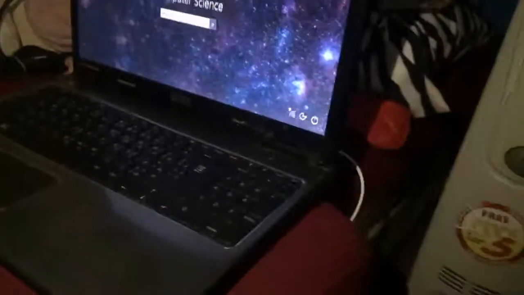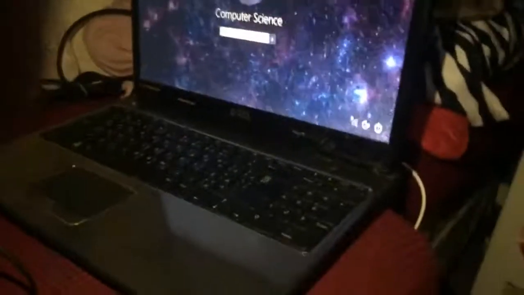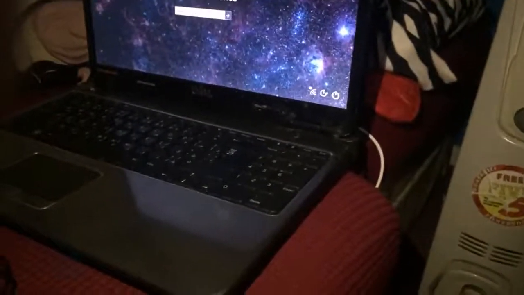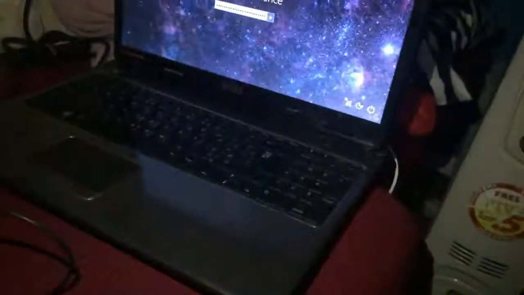34%. Okay, I'm literally gonna let the phone charge for a bit. I might replace it though. I'm gonna have to get a wireless keyboard because right now this keyboard here is being a pain. I could just detach this keyboard and put an on-screen keyboard, but I don't know what to do. So what I'm gonna do is,